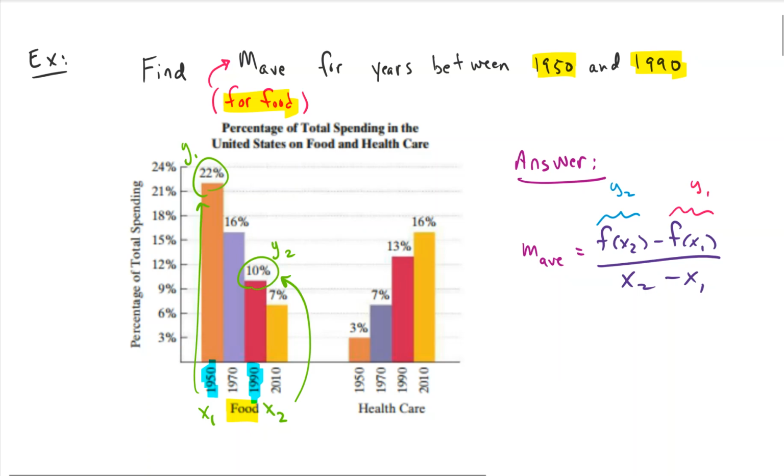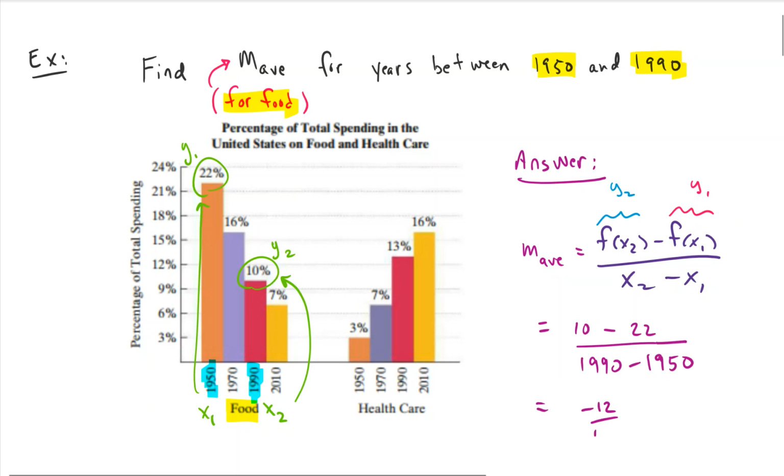So now we have all of our pieces. We can literally just plug it in, and it's just a quick calculation. So y2 is 10%, and y1 is 22, and we have x2, which is 1990, and we have x1, which is 1950. That gives us